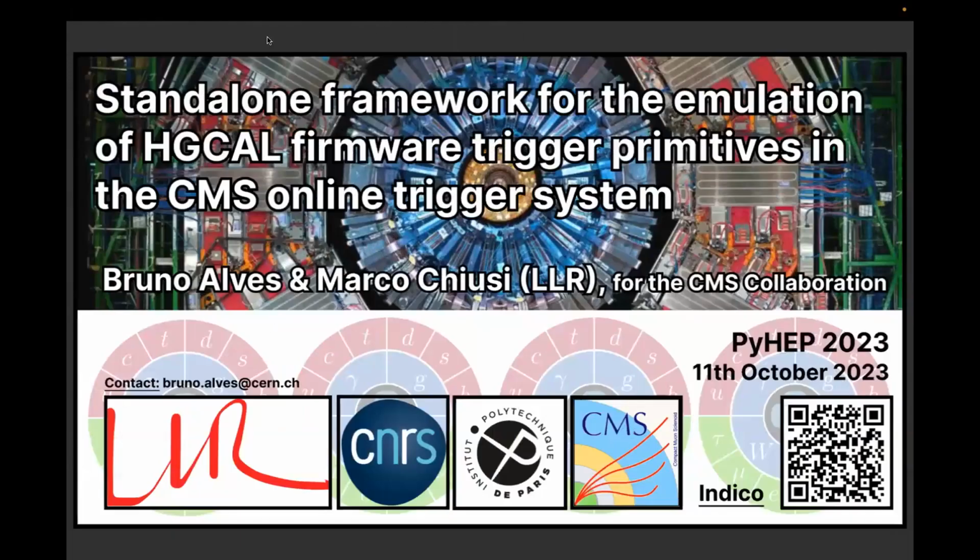So this talk will cover a framework written in Python, obviously, which covers the work that Marco and I have been developing for the past 2 years, approximately, specifically trying to emulate HGCAL firmware trigger primitives, which are the basic building blocks of the CMS online trigger system. The title is quite long, so for you to understand exactly what I'm referring to, we have to go